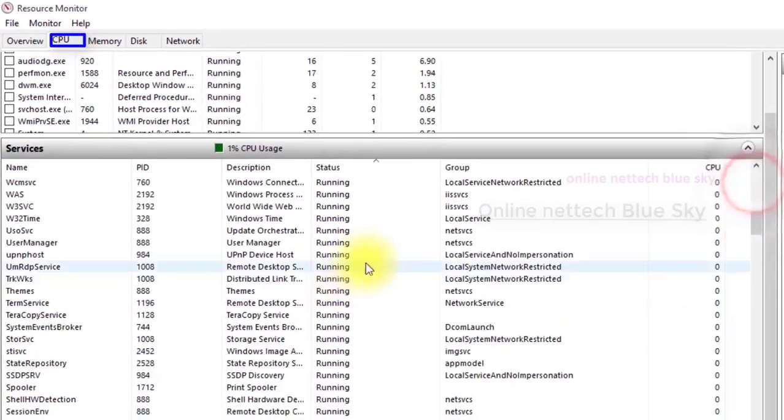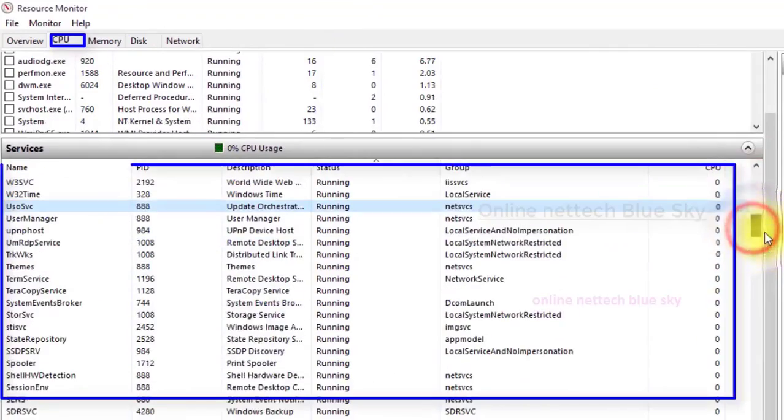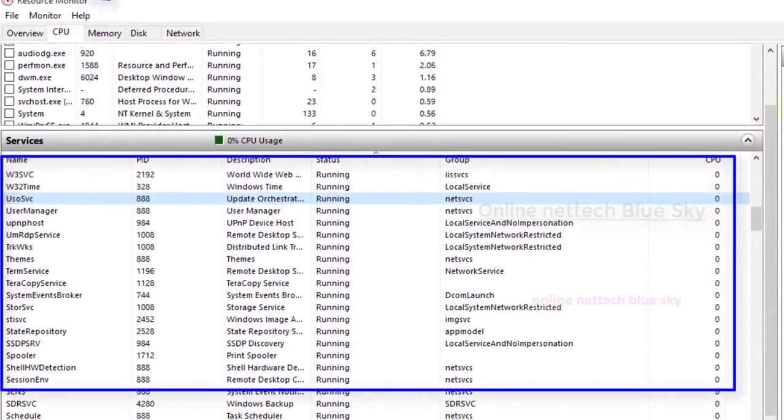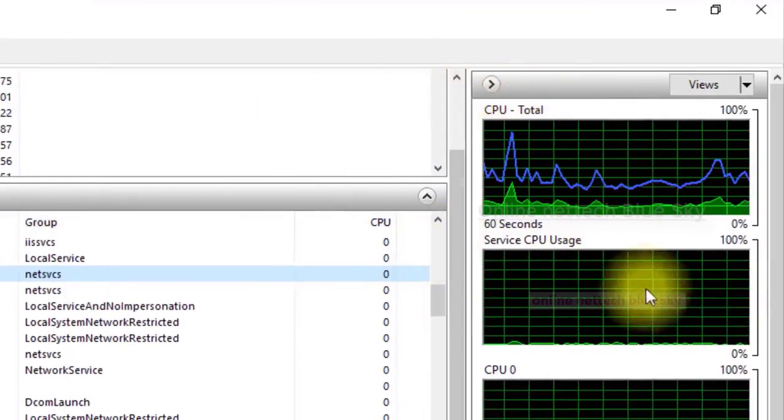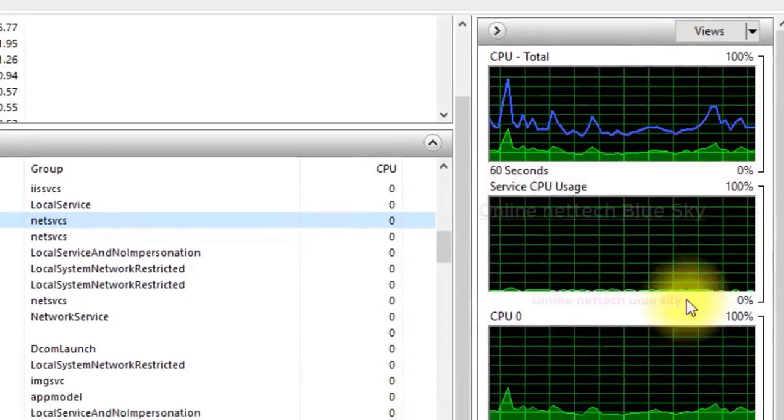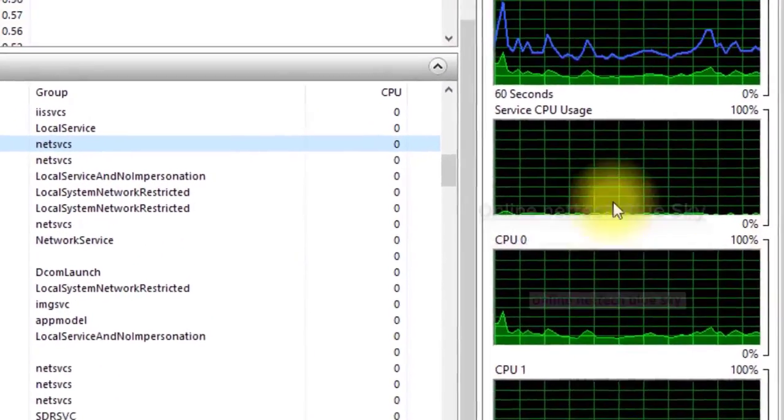Okay, so you can see inside my computer these CPU devices work with different types of services available on my computer, and these are very important services.